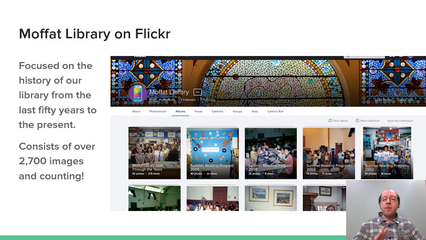Right now it consists of about 2,700 images. They're all scanned in high resolution, and many of them were collected over the years. They were taken by Moffat Library staff members, and they were lovingly preserved by us to share with you. I'm sure a lot of you who were patrons of ours during these times, or may still be patrons, may see your children, yourselves, or relatives participating in some of the programs. And this is a really great way to show how the library